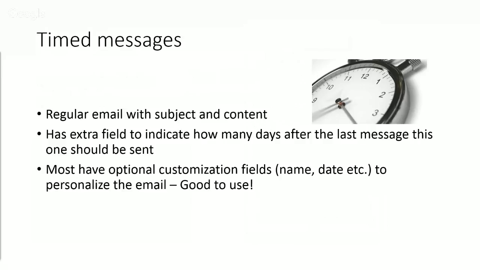Now, one of the other things that these messages allow is customization. So remember, this message is going to be going out to hundreds, thousands, tens, hundreds of thousands of people, however many you've got on your list. So the customization allows you to say, hi, Bill, hi, Steve, hi, Rajiv, hi, Susan, and then give the rest of the message. And there's a few fields that they offer. So it's good stuff. But the whole point behind a timed message is it's timed. They are metered in terms of how they go out.